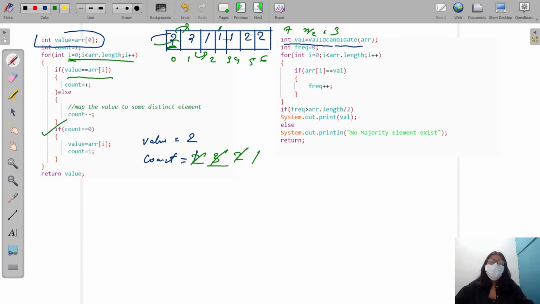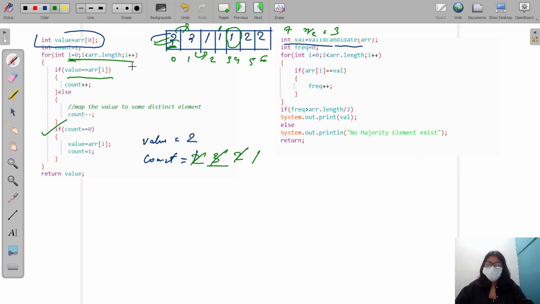Now it again comes here and checks if my value is equal to arr[5]. My value is still 2. It checks is it equal to my 1. It's not equal to my 2.